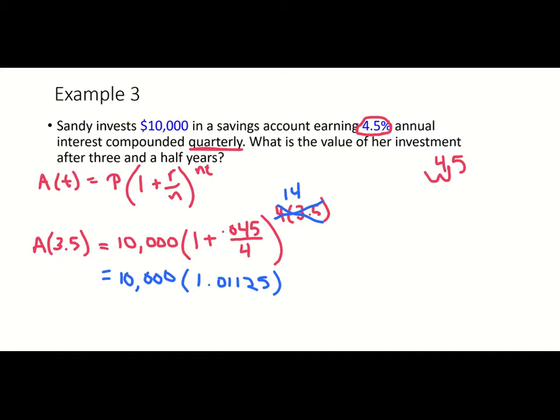Oh, wait, excuse me. I'm not going to multiply that times my 10,000 first. I have to raise this to the 14th power. So I'm going to do 1.01125, raise that to my power, because that power is outside those parentheses. And when I do that, now I have this. I have 10,000 times